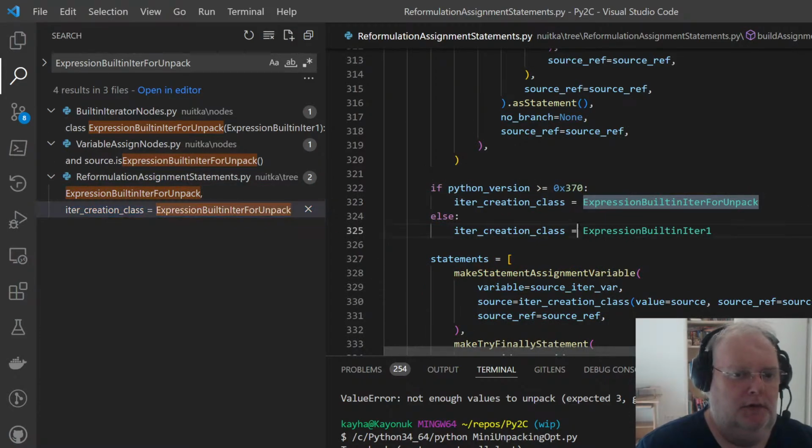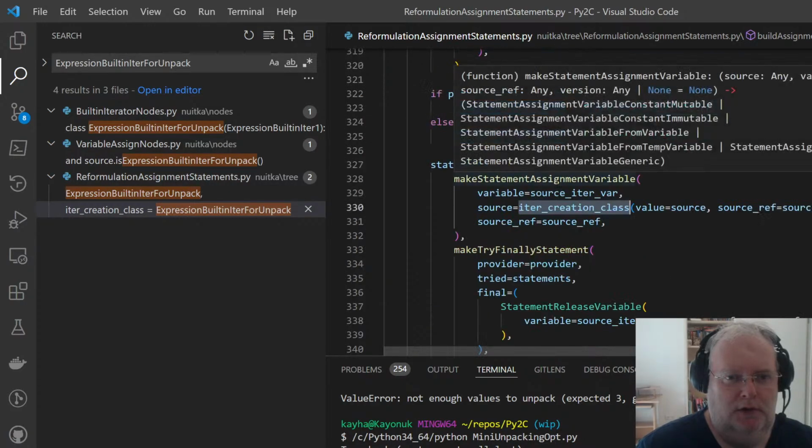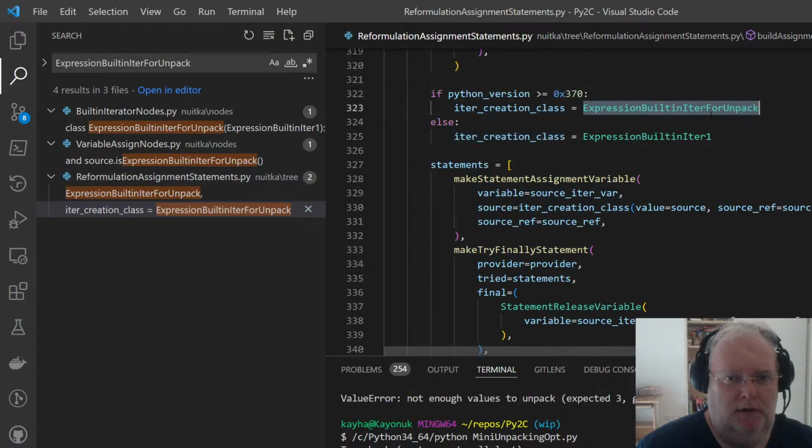Although I doubt, because I'm surely running tests. It's a different one, right? The iterator. And what does the iterator do different?